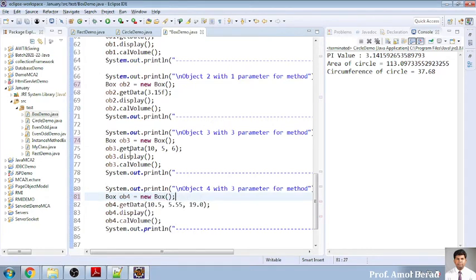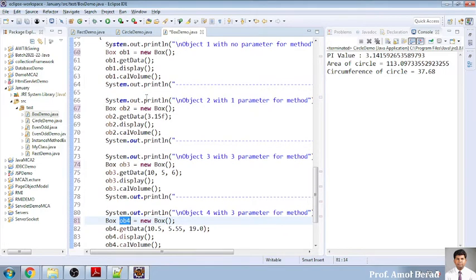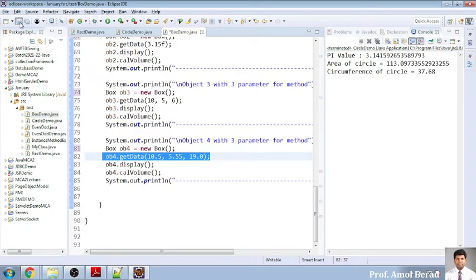So in this program we have created 4 different objects: ob1, ob2, ob3 and ob4, and each object will be doing its operation of calculating the box value. But the thing is that we are implementing the concept called function overloading. So different functions, parameters with same name. Okay, so I go for saving the file and I am running it. We will get all the outputs on the right hand side.